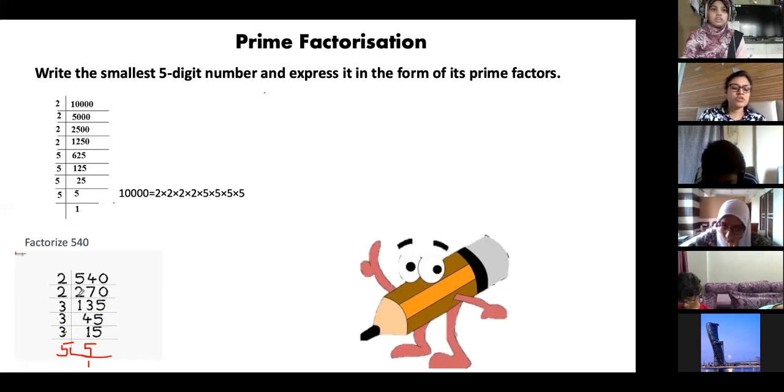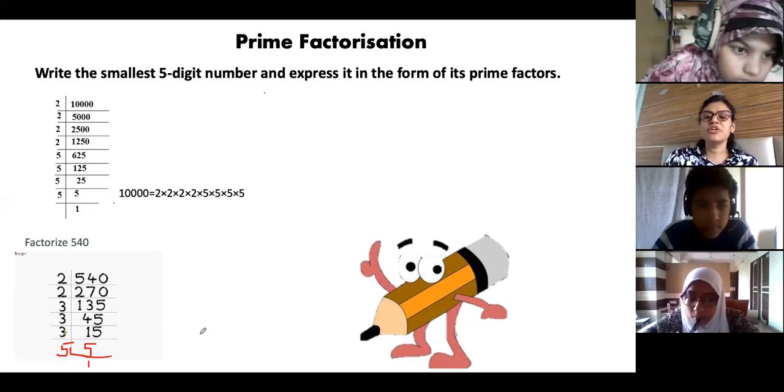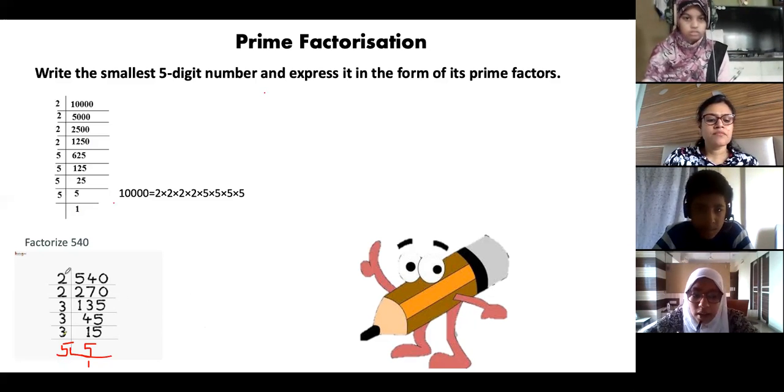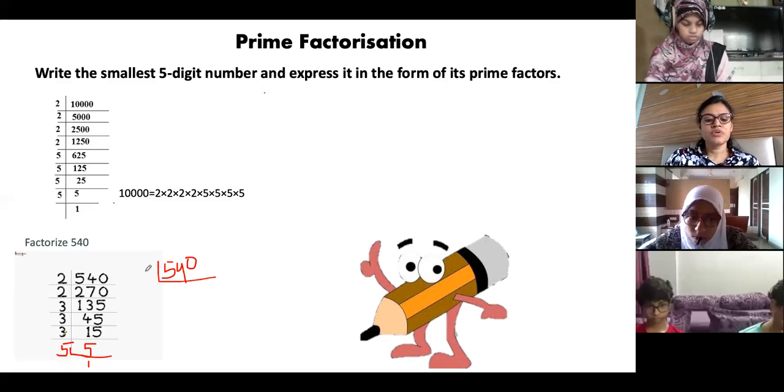Just check the answer over here. Farhana, check. Ma'am, I did it differently. But still you should get the same answer. Which method you tried? Ma'am, I did 540 with 5. Okay, that's still you will get the same answer. Suppose you get 540, I'll do it here, see what mistake you have done. If you start with 5, what did you get over here? 5 ones are 5, 0.